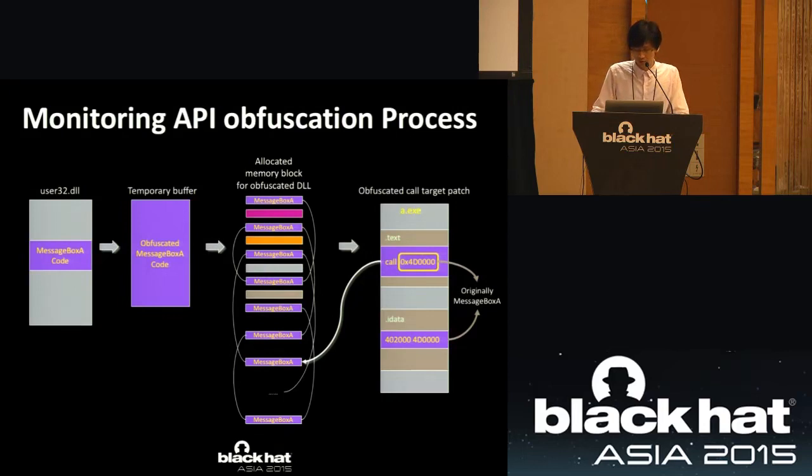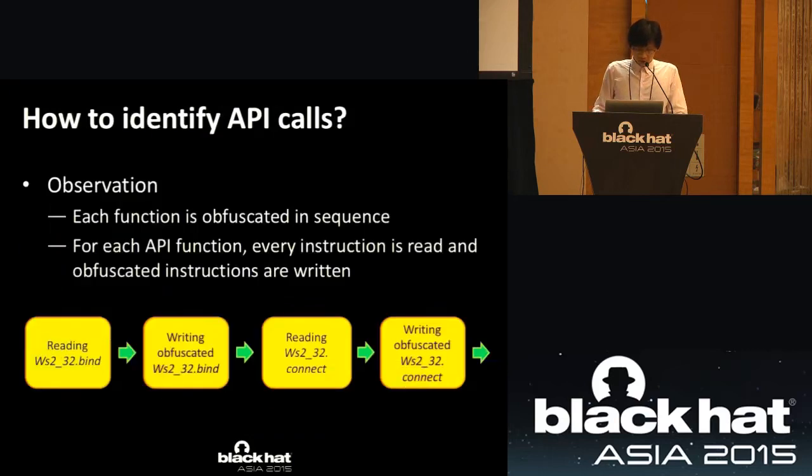They change the import address table to obfuscated addresses. We need to identify the address. In this picture, 40.0.1000 belongs to what function originally? So, to identify functions,